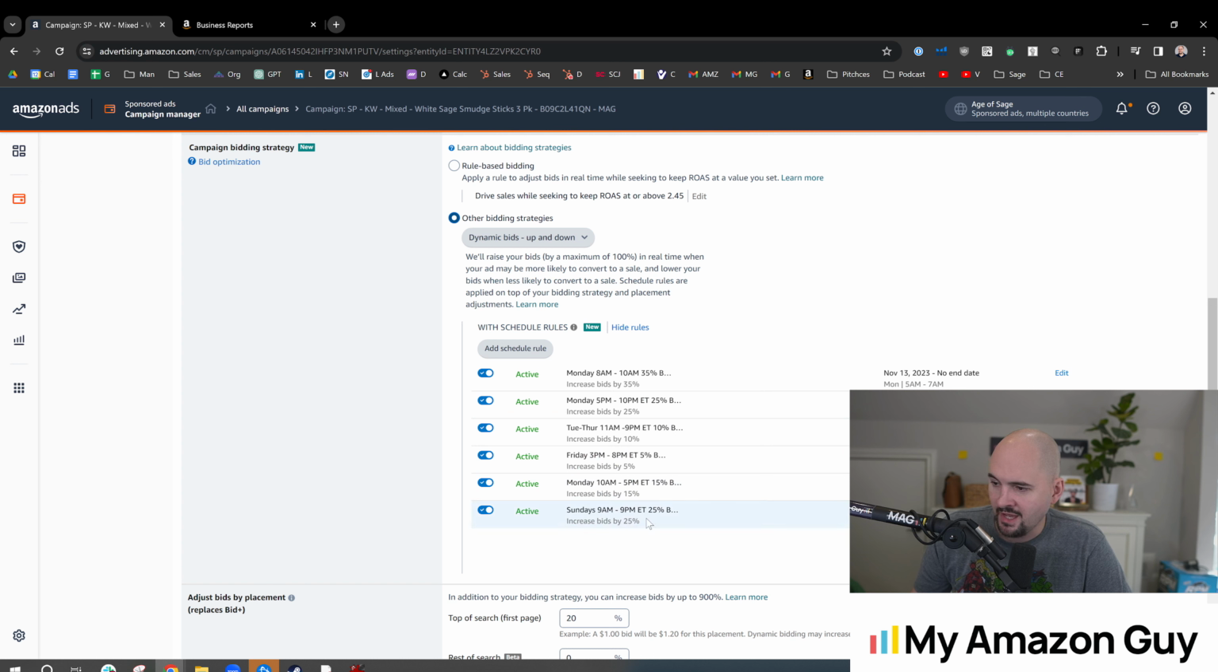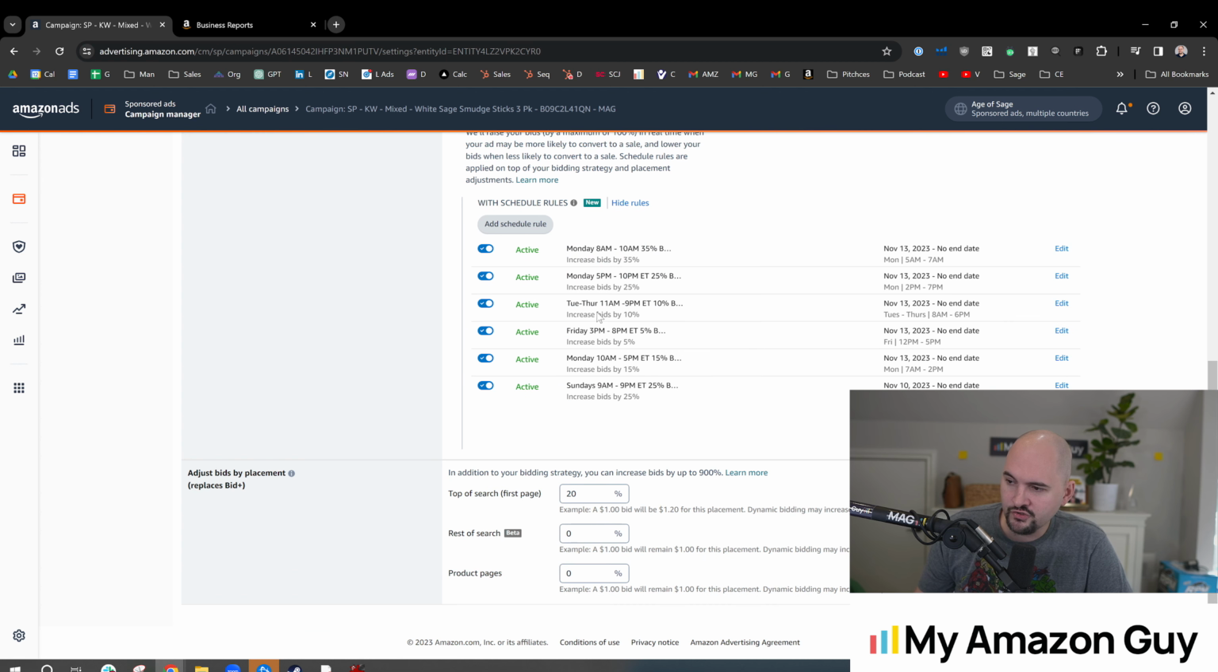And then Sunday, 9 a.m. to 9 p.m., 25%. So these are the rules that I came up with, and none of them conflict with each other. They're all various different rules enacting at different times. And then it's going to take our base bid, and then it's going to also add it to our top of search. So even if I don't have a bid modifier up on Saturdays at 9 a.m., I'm still going